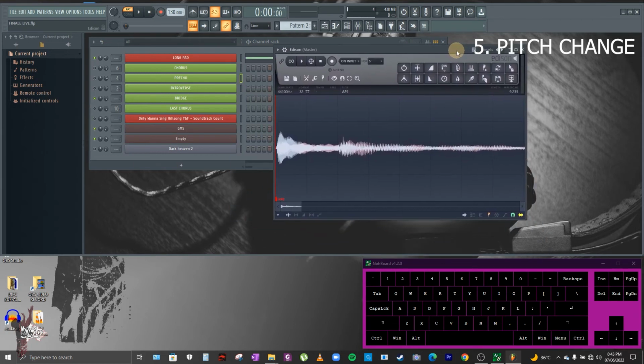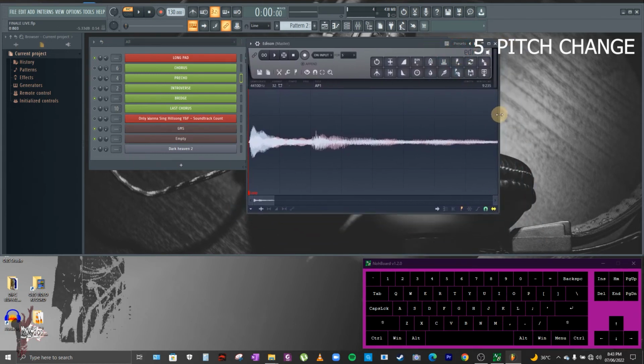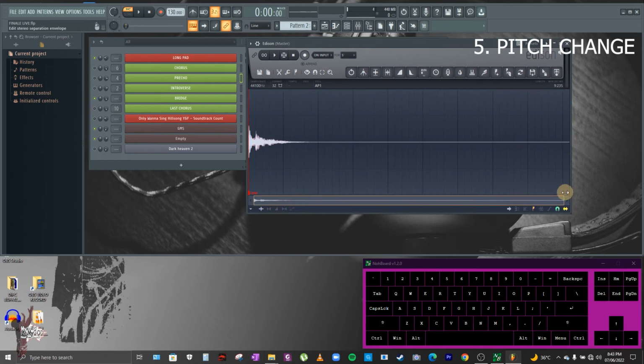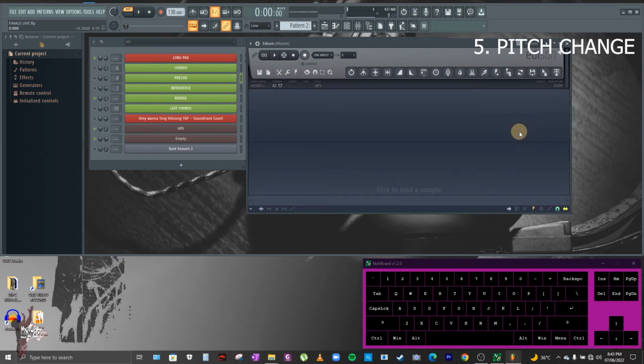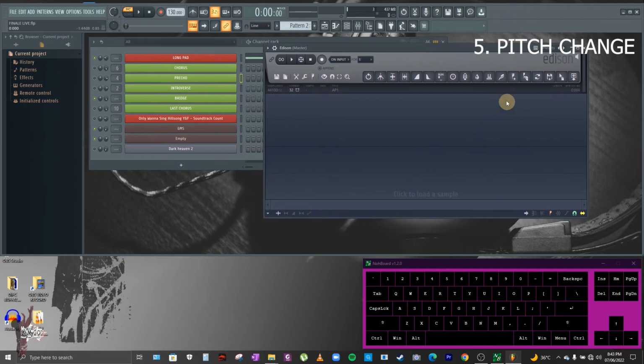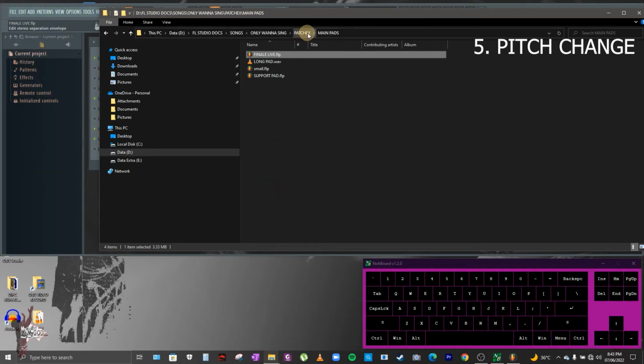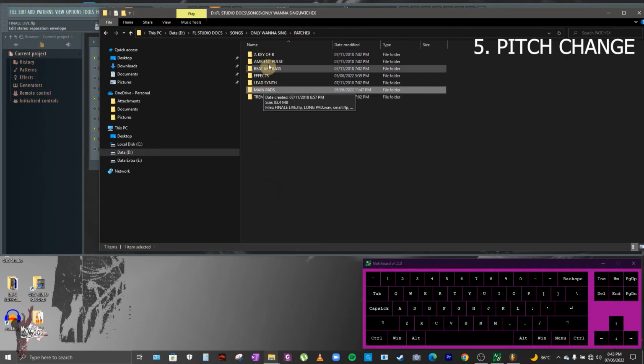Okay, now it's open. Oh, there's a wave file here. Let's delete this first. Let's extend it, then Control A, delete. Okay, now that it's empty, what we need to do is to drag and drop again the wave file that we have here in the folders. So for this case, in Wanna Sing, these are my wave files that are routed as well in the FPC.